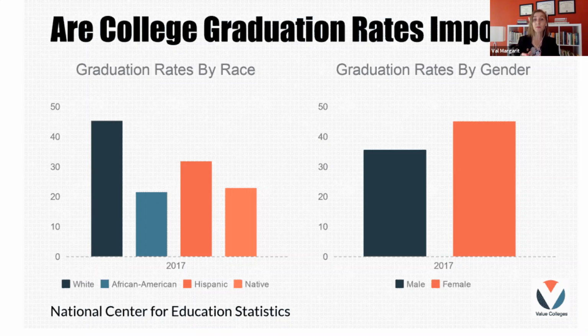So as you can see, when we look at it by race and gender, we are not surprised, yes? I don't know if you are surprised, depends where you are, but it is not a surprise that we have problems in terms of race. African American, Hispanic, Native, they're always lower than the white. So we definitely need to do better when it comes to race and equity, right? How we allocate resources. In other countries as well, you have students coming in to your classes with different levels, right? Different levels of understanding, yes?